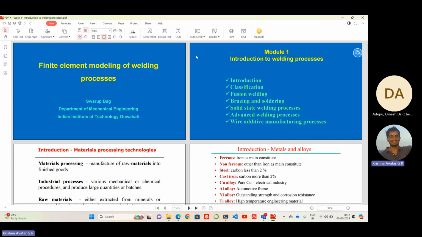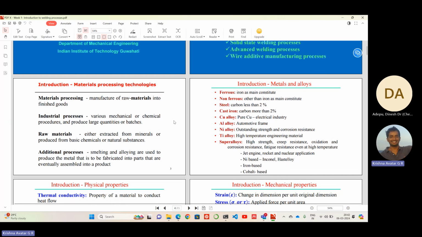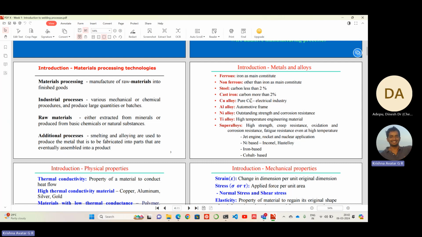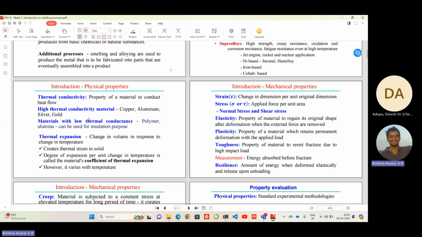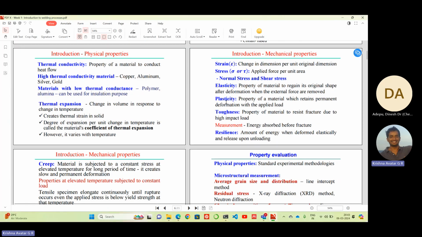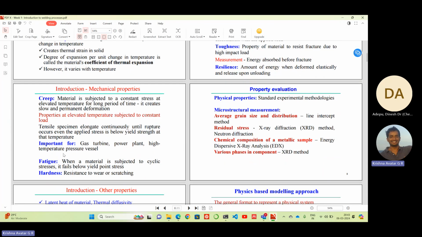So here, we start with the introduction to welding processes, talk about introduction, classification, fusion welding. We'll only look at fusion welding because that's what is relevant for our discussion today. And these are some of the material processing technologies, the different types of metals and alloys, and physical properties of materials: high thermal conductivity metals, metals with low thermal conductivity, thermal expansion, then the mechanical properties such as stress, strain, elasticity, plasticity, toughness, resilience, creep, fatigue and hardness,